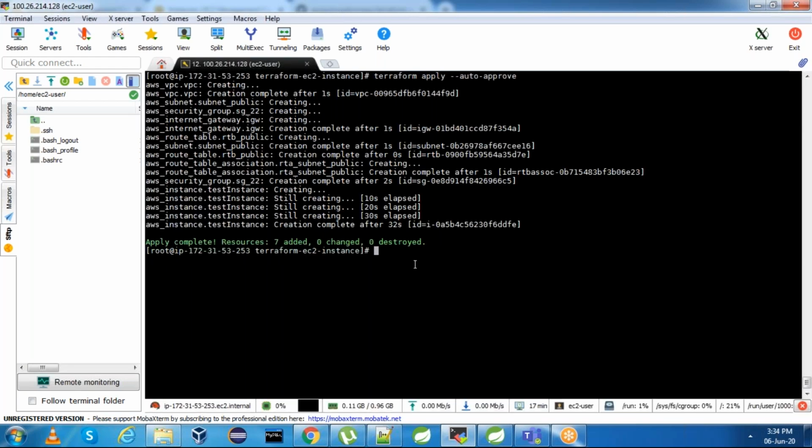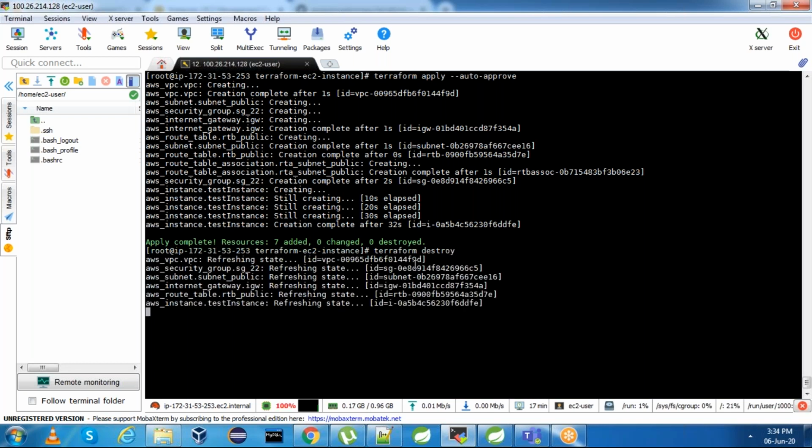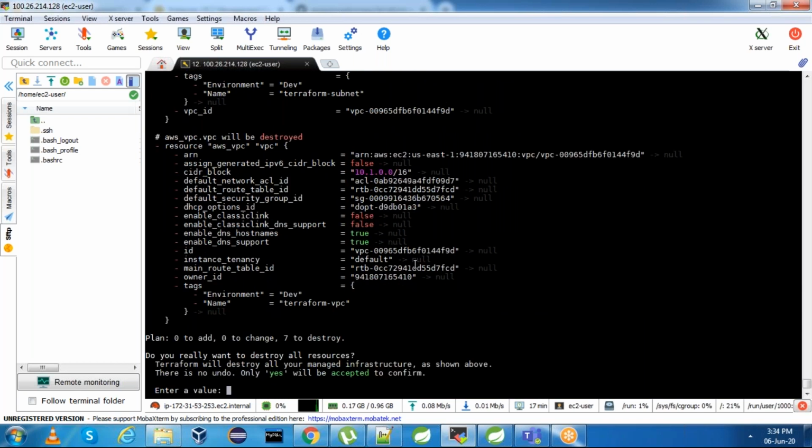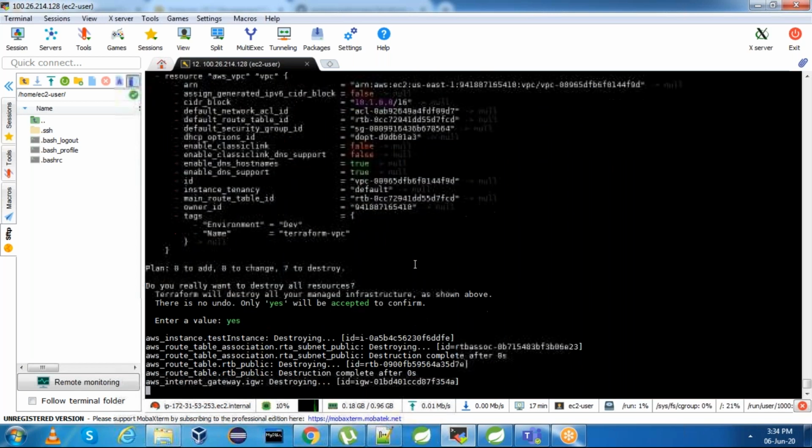And if you want to remove this particular instance, or whatever you have created, you don't have to do anything manually, just simply say terraform destroy. Whatever infrastructure you created, it will be removed automatically. It is asking for a value. I said yes. If you don't want this, you can say auto approve, so that it will take yes by default.